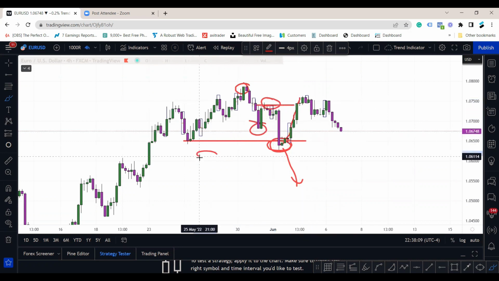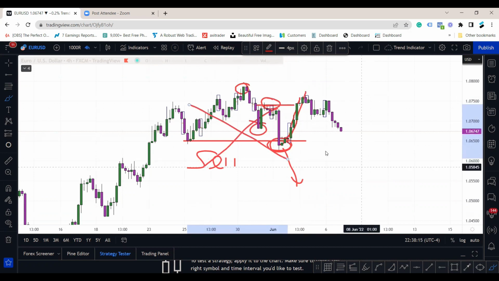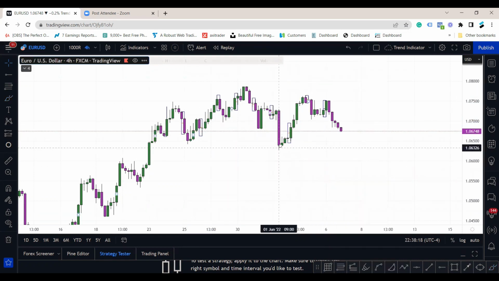So these people who sell, the short sellers, once the price goes up, it took out all the short sellers. Okay, so all the sellers are gone. Now for this bullish leg,